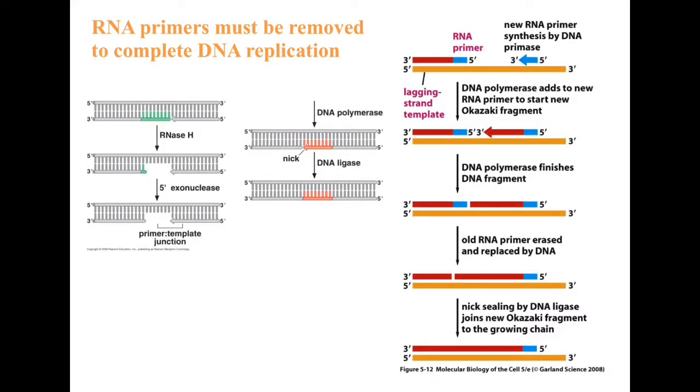Whatever RNA primers are there in the lagging strand will be either digested by RNase or removed by the 5-3 exonuclease activity of DNA polymerase 1. After the RNA primers are removed, DNA synthesis takes place by the 5-3 polymerase activity and the 3-5 exonuclease activity, which is useful for proofreading. Whatever breaks are there between these 2 fragments are sealed by a ligase enzyme,